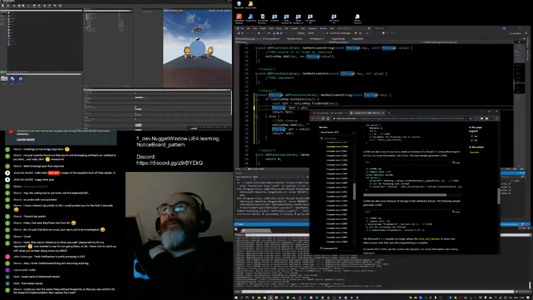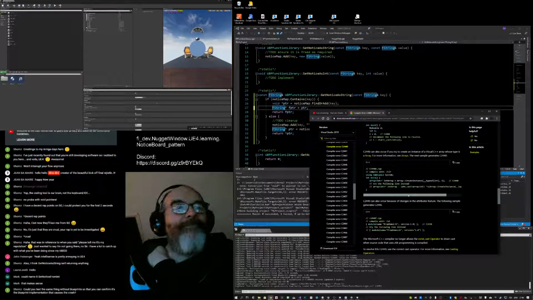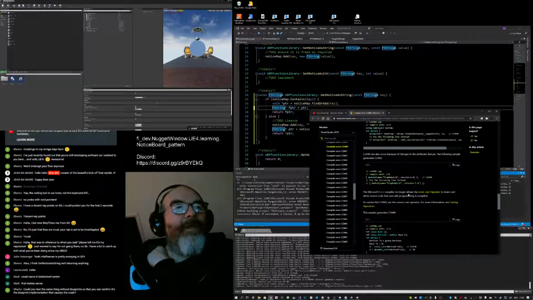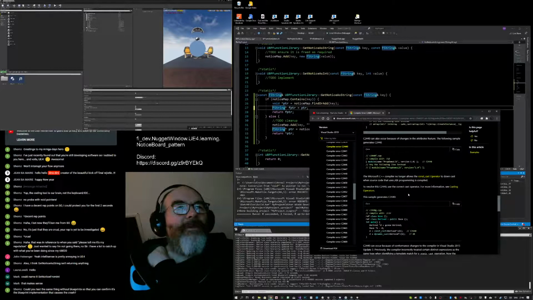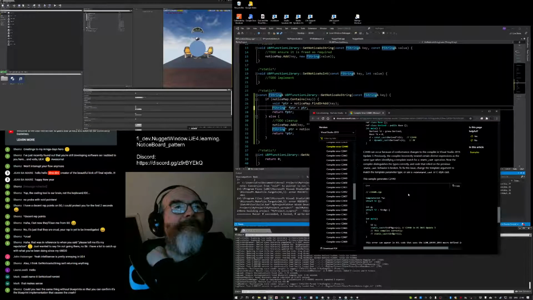It'd be great if they broke these ones down into separate ones, wouldn't it? If you're trying to create array, changes in the attributes features. Conformance changes to the compiler in Visual Studio 2015, update 3.